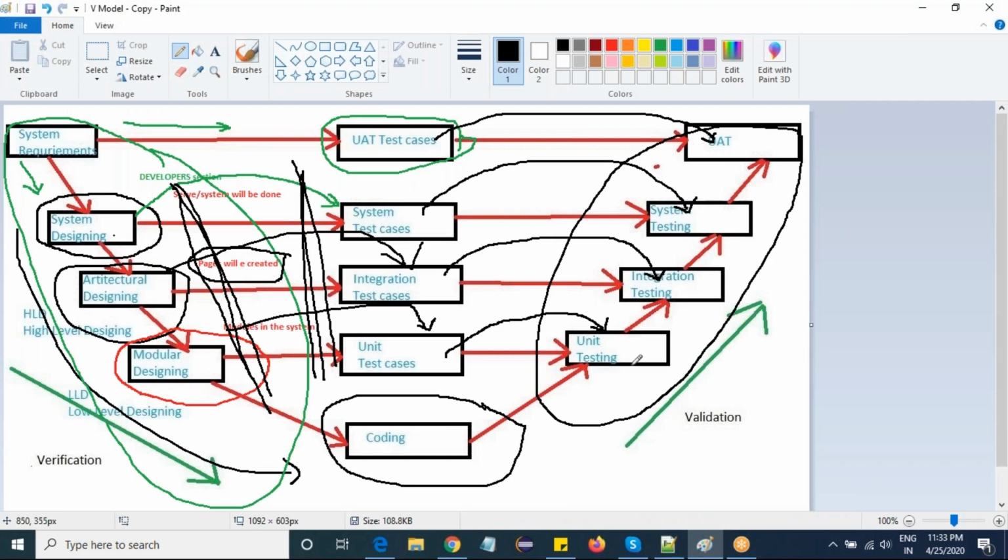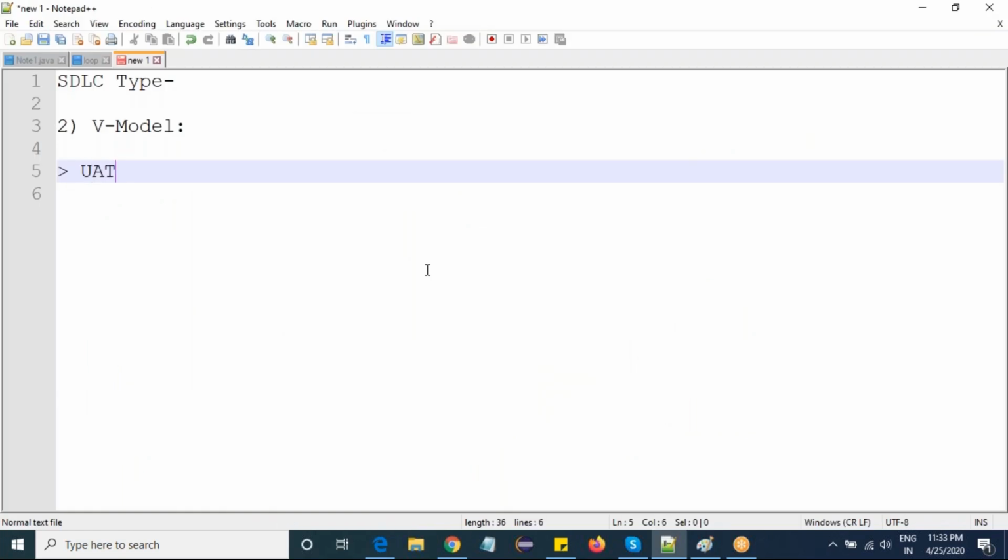If you see the UAT test cases here, the UAT test cases will be prepared at the initial phase. Whenever I know the user requirements, at that phase only I will start preparing the UAT test cases. Take this note: UAT test cases will be prepared at initial phases only.